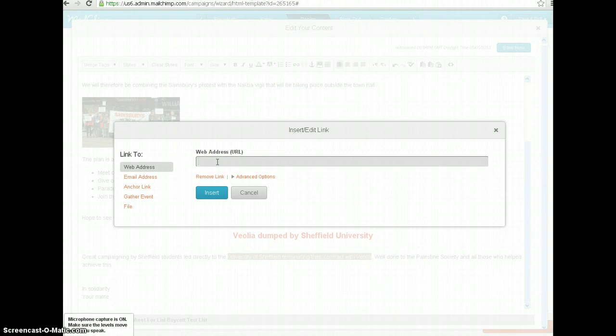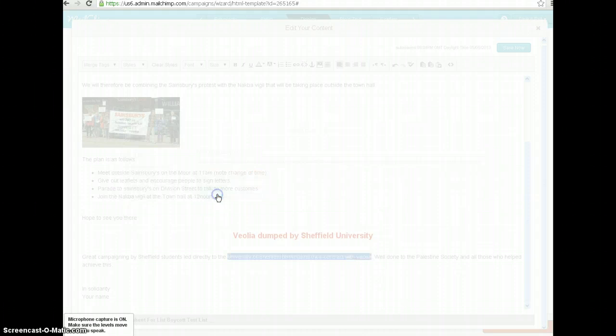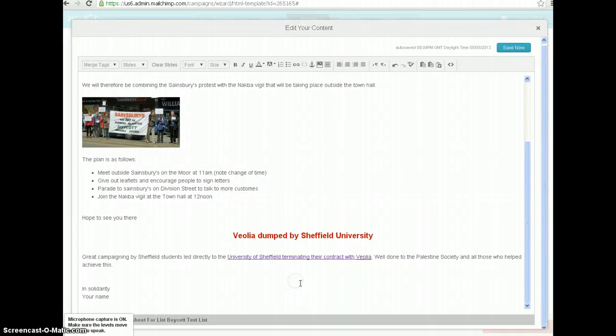and you won't see me do this, but I'm going to press Control and V to paste the web address there, and now I hit insert, and you can see that's become a web link. So now I'm going to save it,